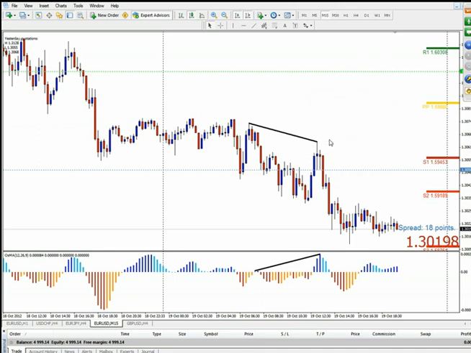Okay, so that is what you're going to be thinking. When the market is going down, you're always going to be thinking, okay, where is there a pullback? And then it's going to put in a lower low and then another pullback, but the pullback will be a lower high than this high, okay? And sometimes you'll find where,